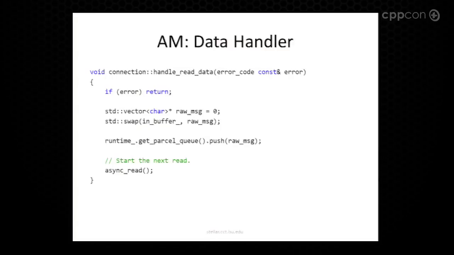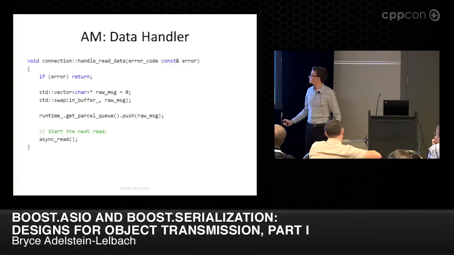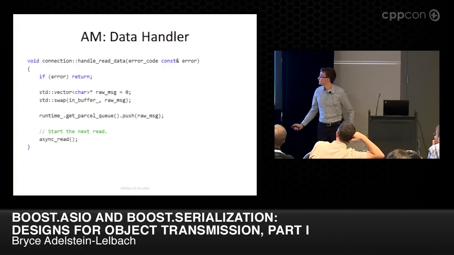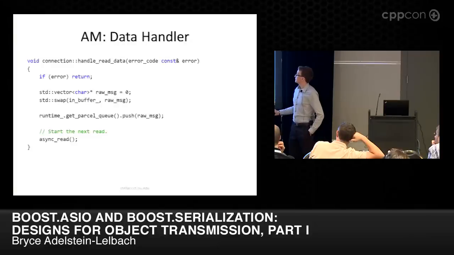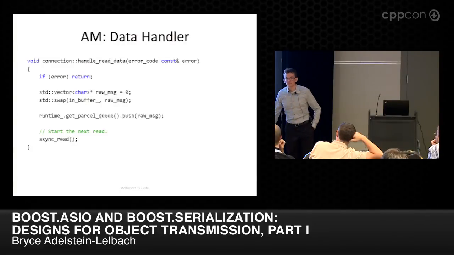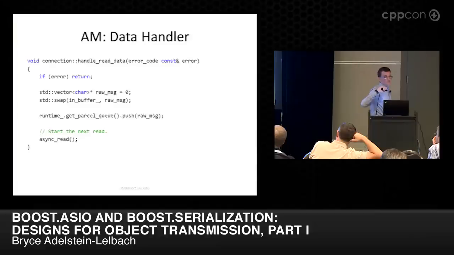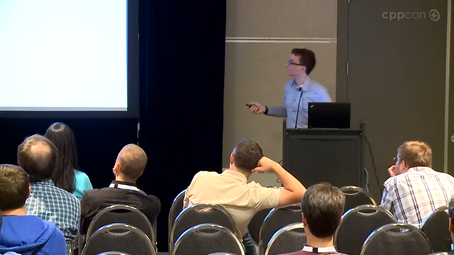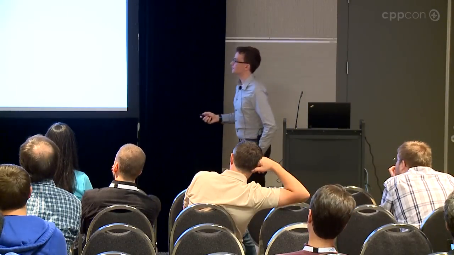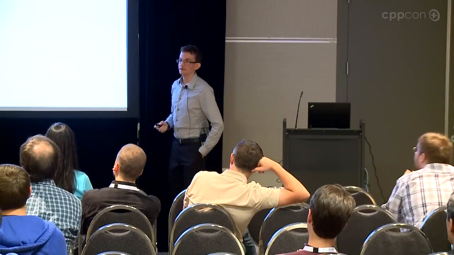And the read's pretty boring. So here we're going to have this buffer. We're going to do this swap to swap in a null pointer to this in buffer, and we're going to get back the thing that we allocated. Then we're going to put the message, which has been read now, into the queue. So this is the handler, again, that gets called after the read is completed. At this point, when we enter this function, we know that if there's no error, in buffer has been filled, and it's got the data.